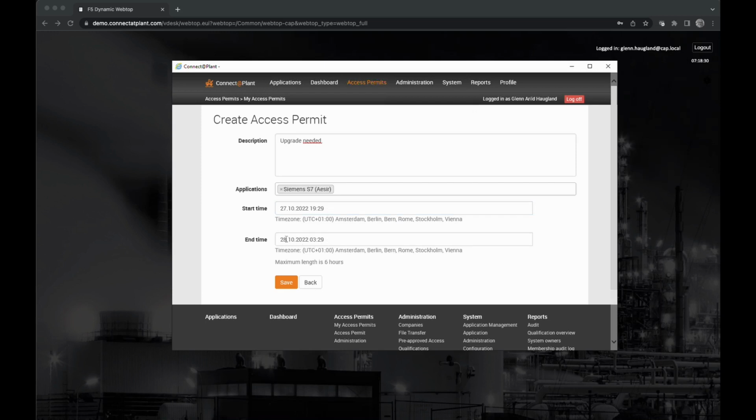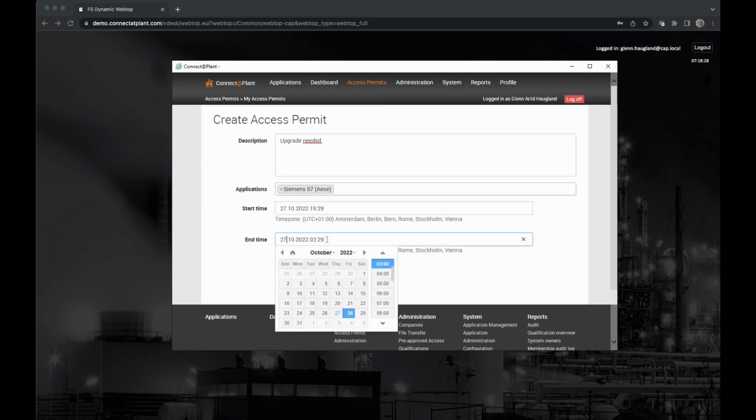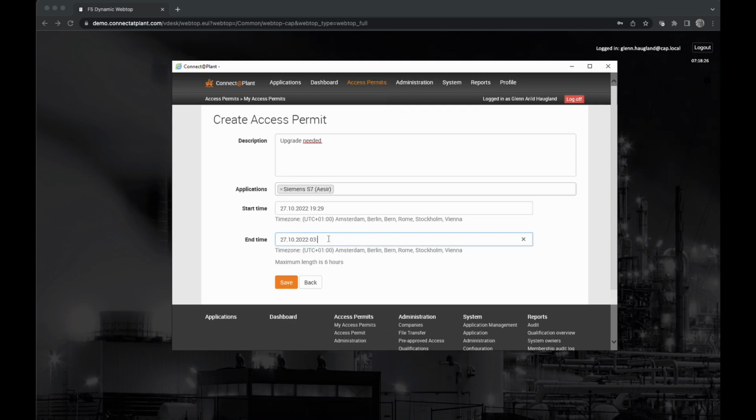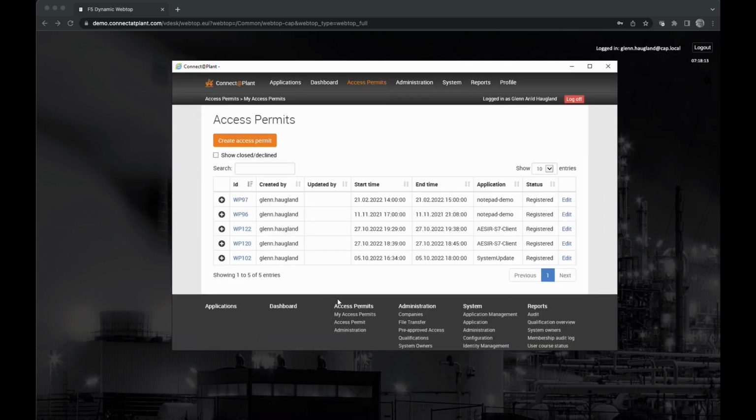And in this case I will just enter, let's enter a few minutes only, so that we are able to show you what's going on. The minute I clicked save, there will be issued a work permit application, and that is notified by an email